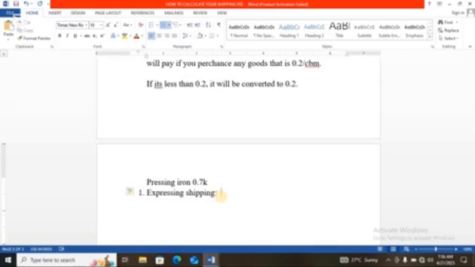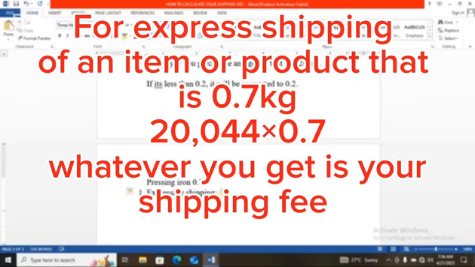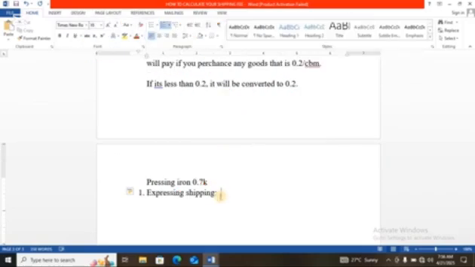So you are going to do 0.7, which is the kg of what you are buying, times 20,044. Let's say everything you are buying weighs 0.7 kg, and I'm using the pressing iron. That is the weight of one pressing iron. It weighs 0.7 kg, which means it is not up to 1 kg. So now you say 0.7